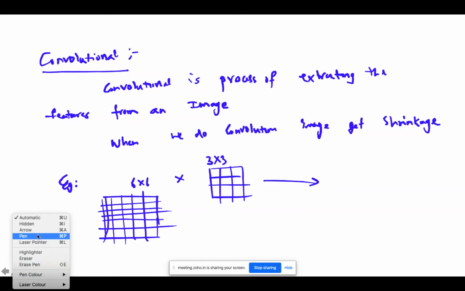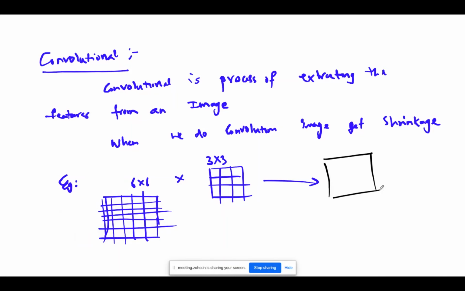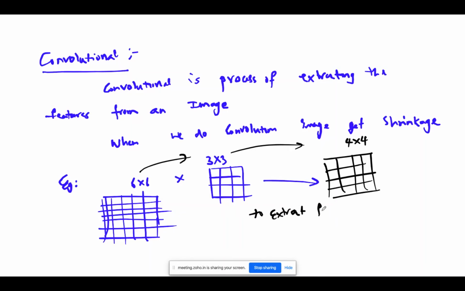Any idea? It's like 4 by 4. A 6 by 6 image, with a 3 by 3 filter being convolved to extract features, becomes 4 by 4.